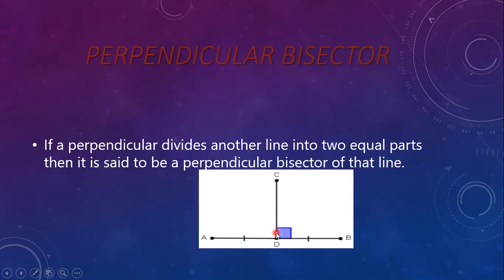and CD, there are two lines. And if this line is divided into two equal parts, then you can say it is the bisector of that line. So here you can see AB and CD. AB is perpendicular to CD, where 90 degrees will form. And now this line AB is divided into two equal parts. See here, AD is one line and DB is one line. So here it is making two equal parts. So you can say CD is a bisector of line AB.